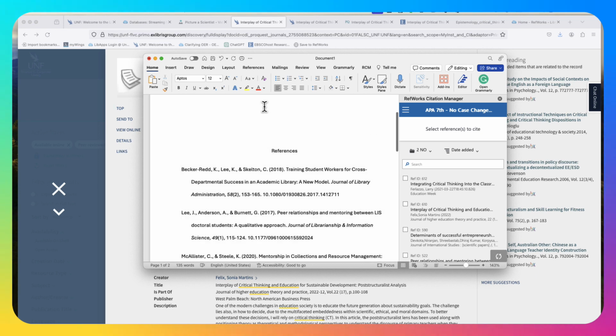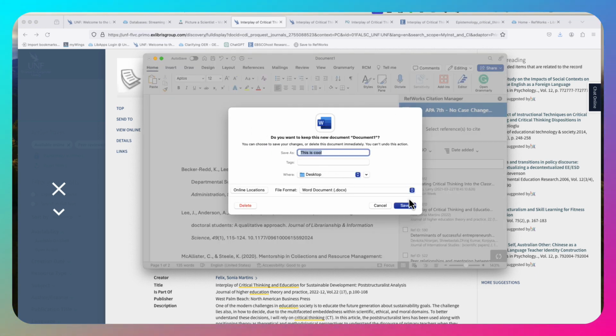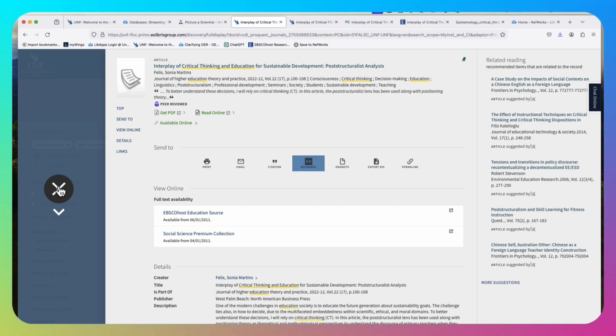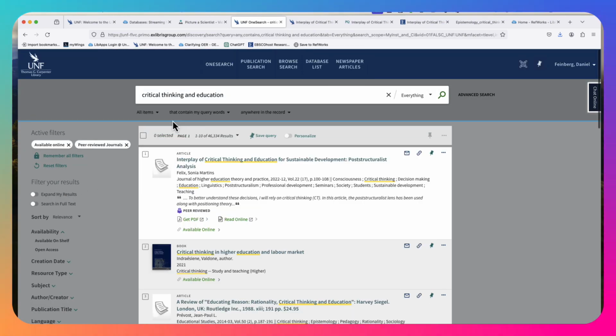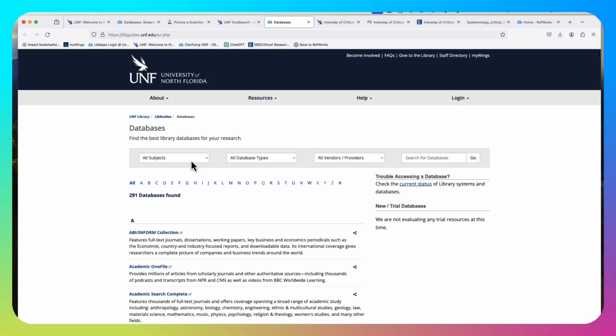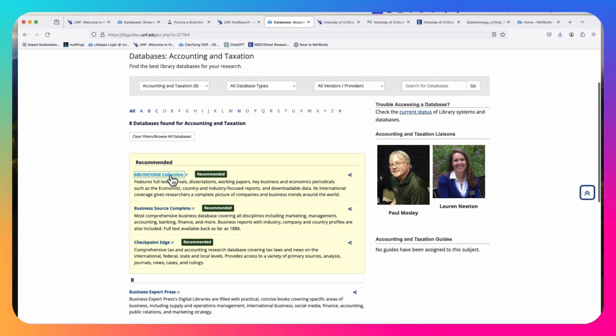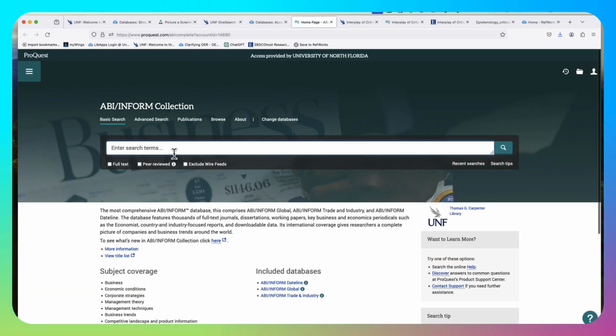So that's RefWorks in a nutshell. Remember that everything you're doing in RefWorks is going to be standalone. So it doesn't matter if you're using OneSearch, awesome. If you want to use the database list, let's say you're in an accounting class and you're using ABI Inform, everything is a little bit different based on the databases you're using.